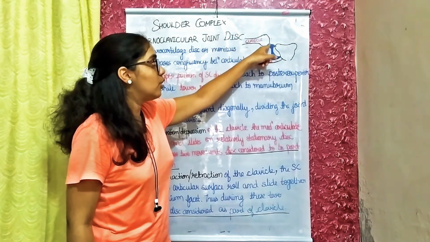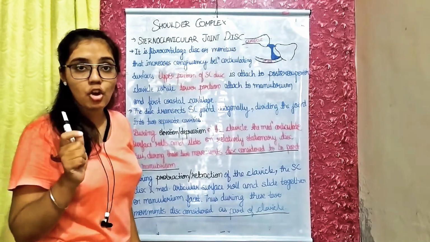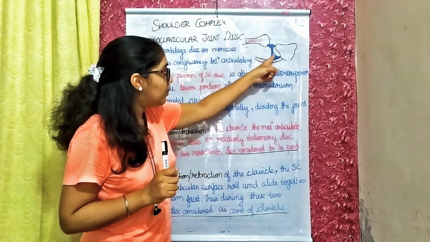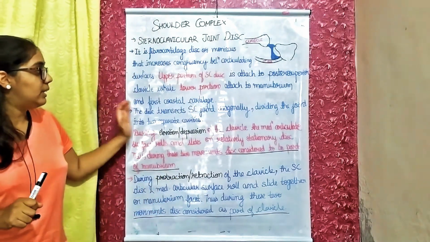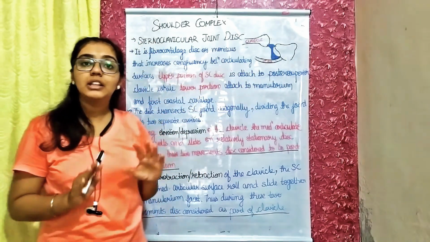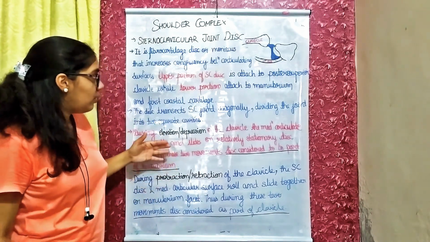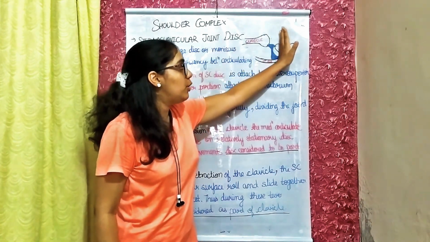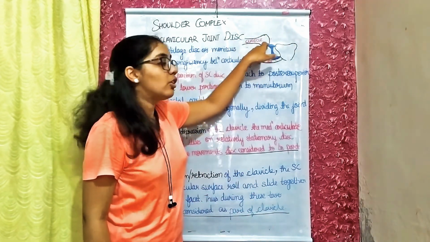The upper portion of the sternoclavicular disc is attached to the posterior superior part of the medial portion of the clavicle. And the lower portion is attached to the manubrium sterni and first costal cartilage. Now, the disc transects the sternoclavicular joint diagonally, dividing the joint into two separate cavities. So, there are two types of movements we will discuss. In one movement, the disc is considered to be part of the manubrium sterni, and in another movement, the disc is considered to be part of the clavicle.